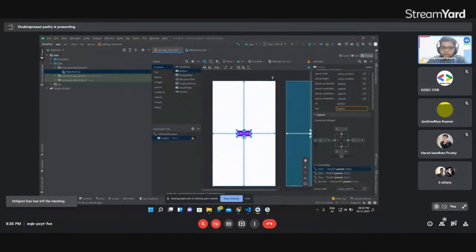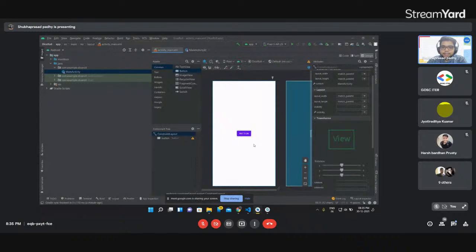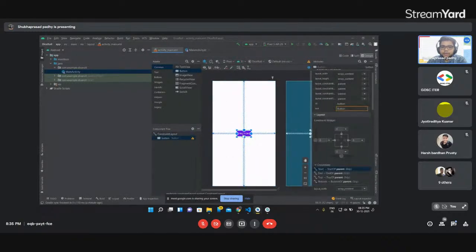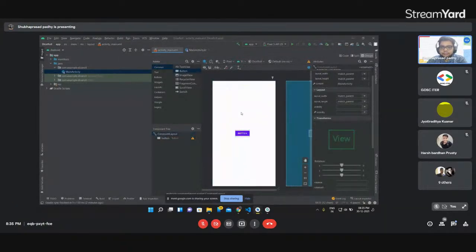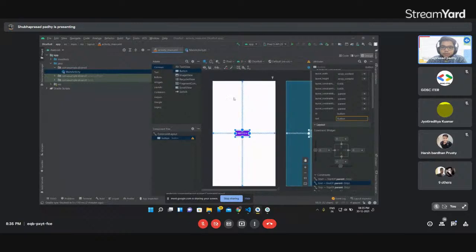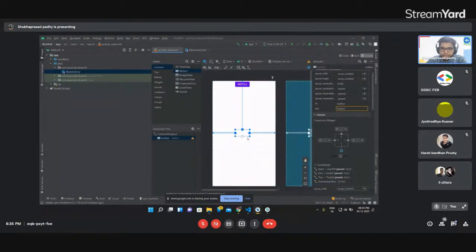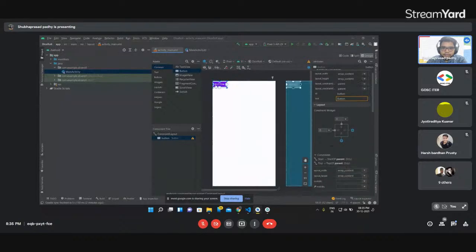A few of the important points that you need to see is you need to give it constraints. These constraints specify where this particular object goes on a layout, and this is actually very important. If you don't give constraints, then by default it would go to the left of the screen, and this would definitely create a bug for you, and you would be facing much more problems later on. So it is better to give constraints right from the start, and if you don't give constraints, you can actually see that